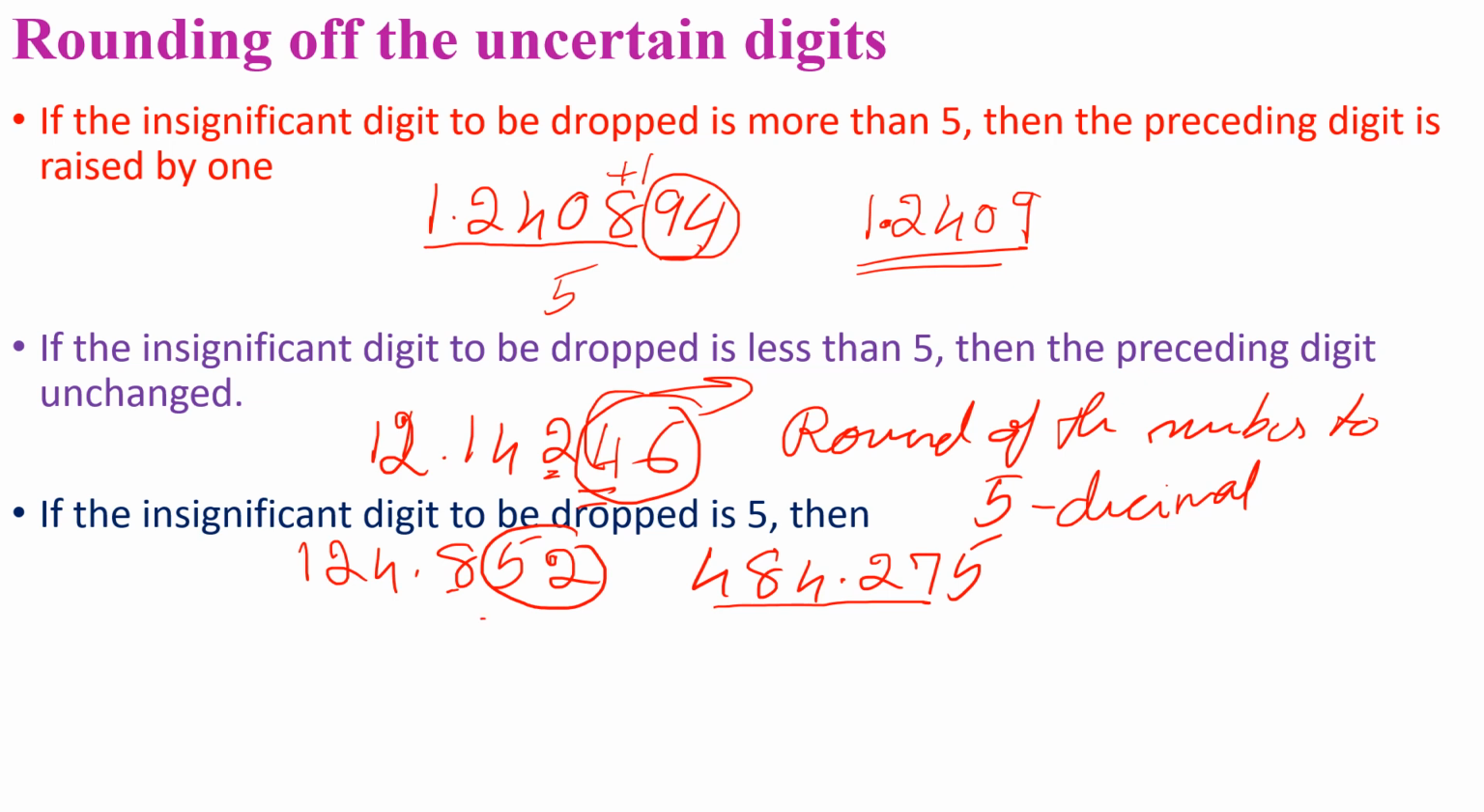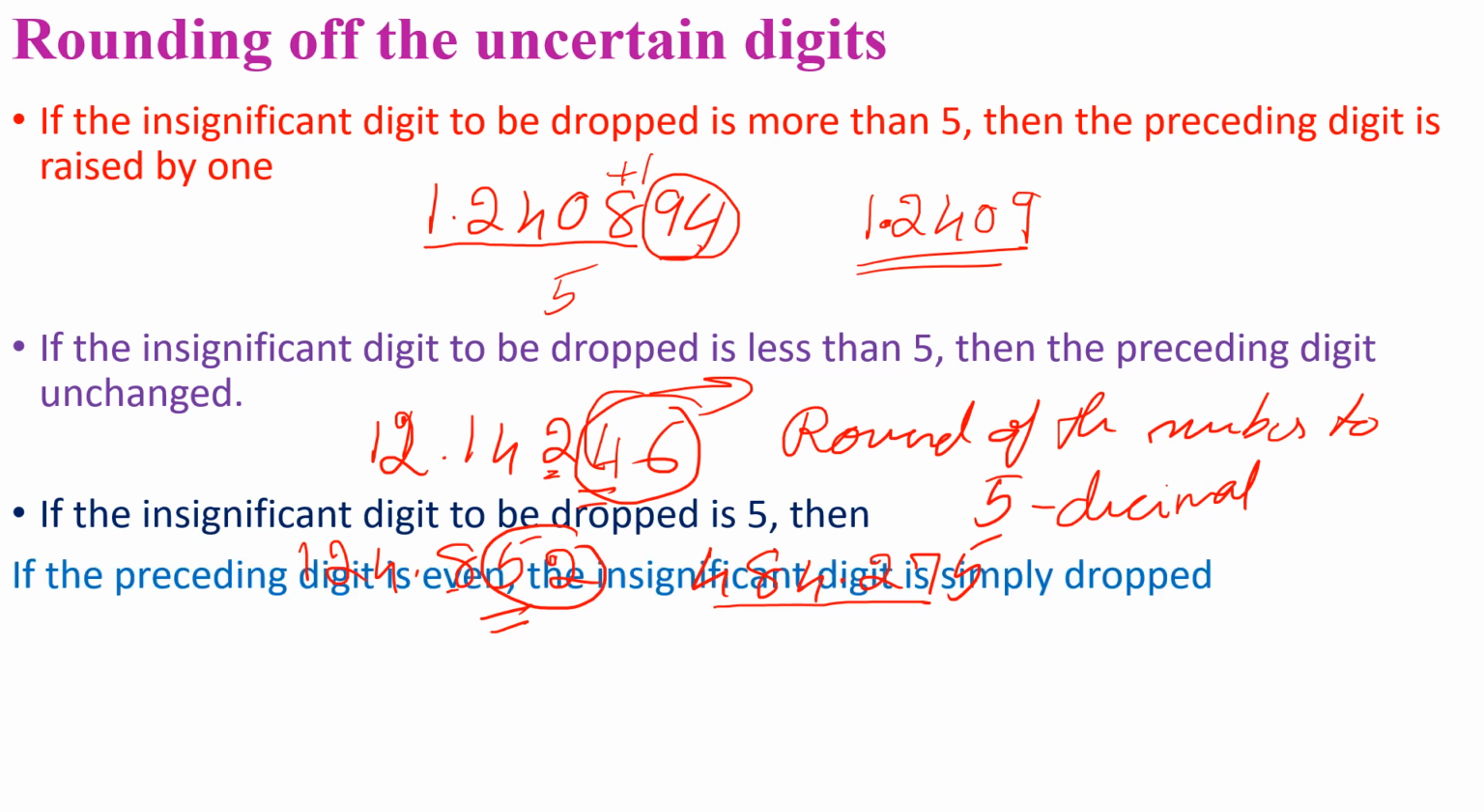Now if it is equal to 5, then you have to look into the previous number. If the preceding digit is even, then the insignificant digit is simply dropped. Look into the previous number. I will write it somewhere here. Okay. So if it is even, say